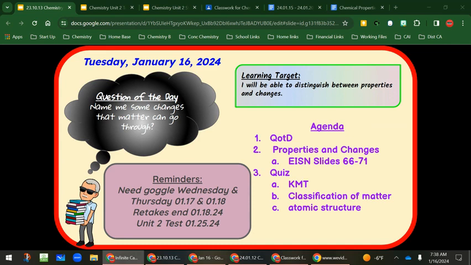Please remember though, a change is an action. A change is something that is actually happening. What do we call it if it's not actually happening, but it can happen? So it's not actually burning, but it can burn. What's that? Potential. Okay. It does have the potential to do that, but if it can do those things, then we call it a what? When it's going through them, it's called a change.